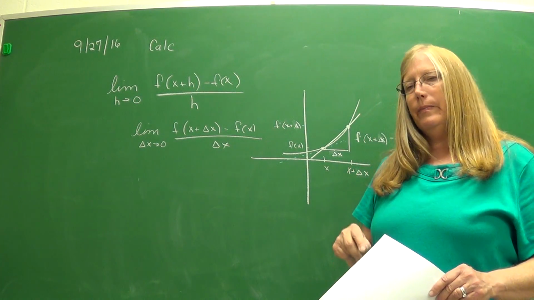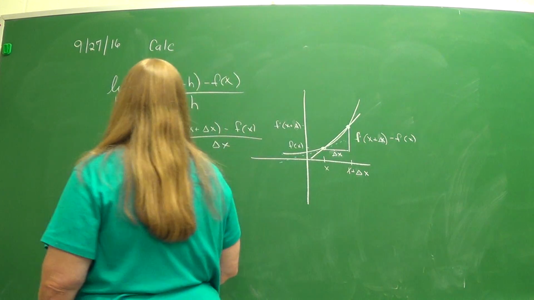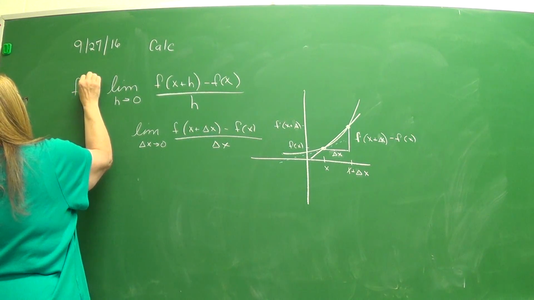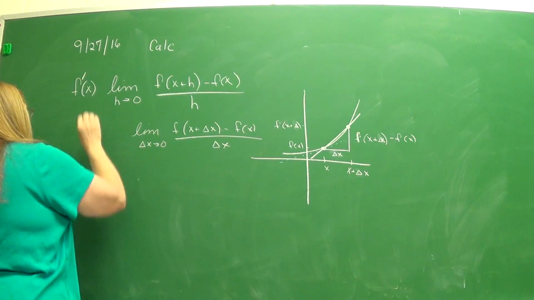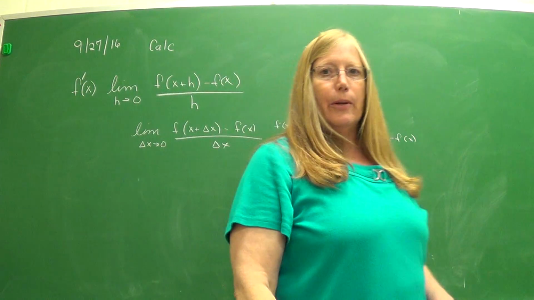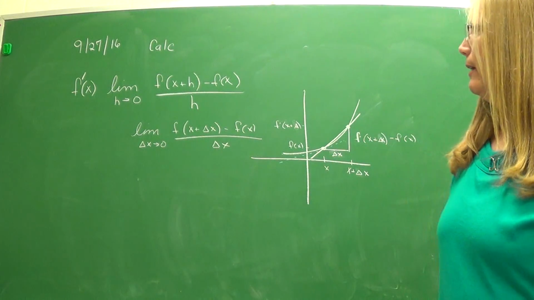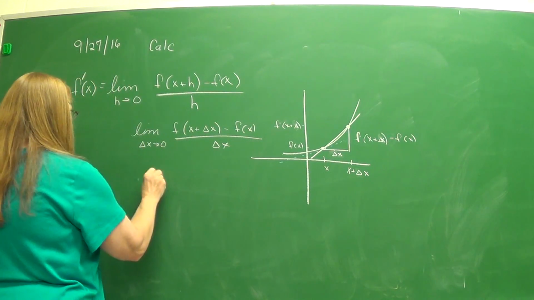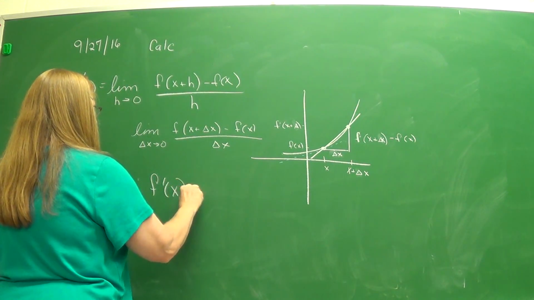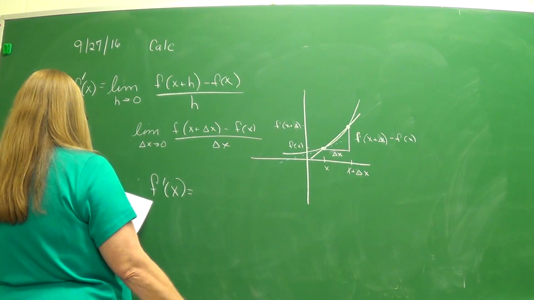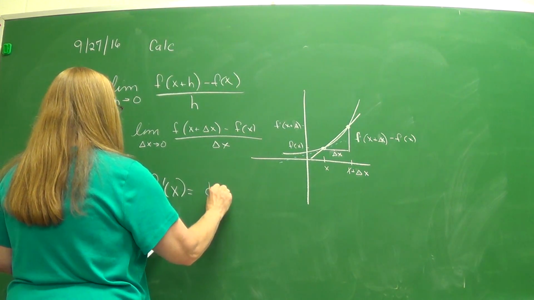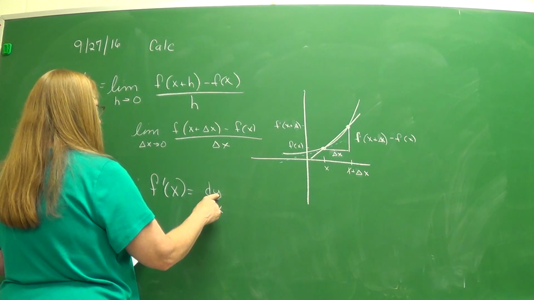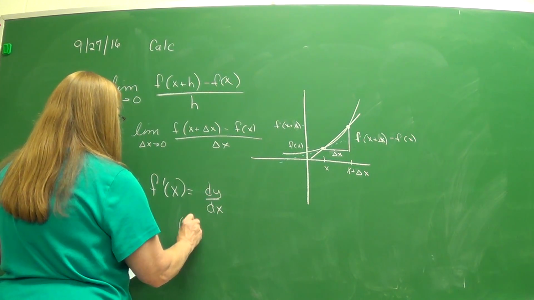All right, just some details about the derivative. Say we're finding the derivative of a function, we call it f prime of x. So that's the symbol that we use for the derivative. F prime of x equals this limit. So there's some others. F prime of x is often used, and you'll be familiar with that. Dy dx is another one, and that is the derivative of the function y